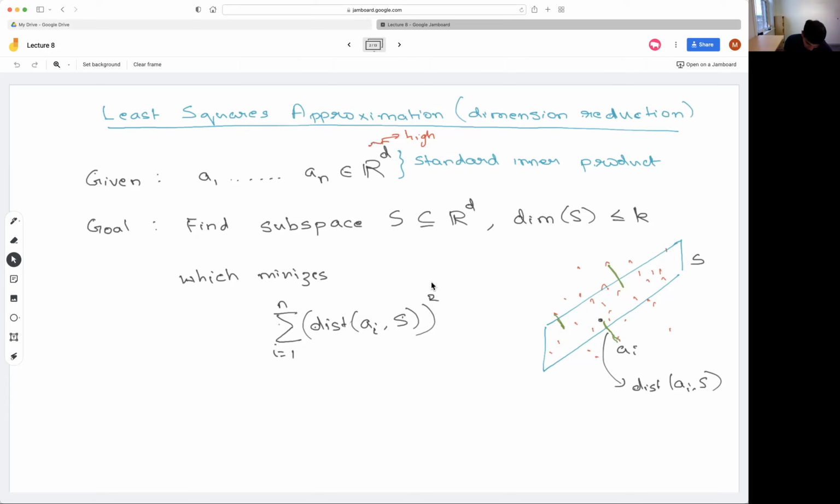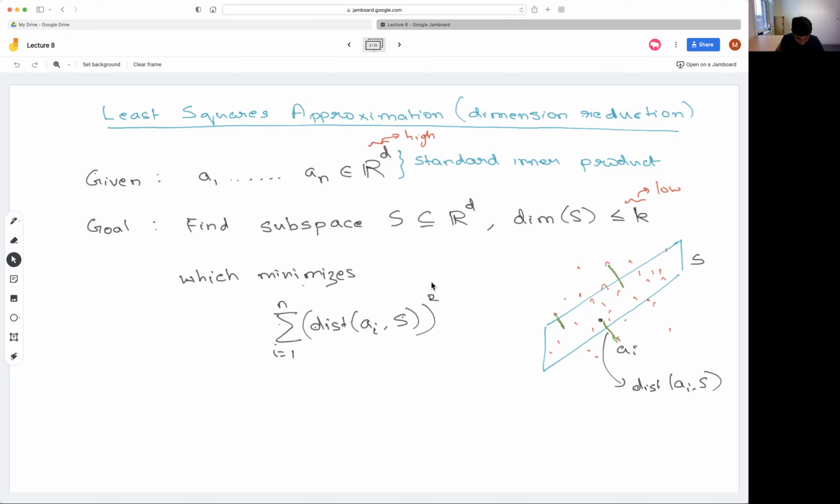So one specific way of posing this problem, and again, this is by no means the only one, is to say we are going to find a subspace which is of low dimension, so we want to think of it as low, such that it fits the data in the sense that the square distance of any point from this subspace, or the total square distance of all points from this subspace, is small. Okay.